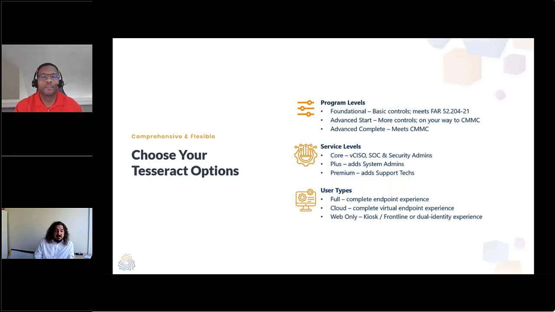Third place we give you some budgetary flexibility is different user types. So some users really need a fully protected endpoint with a lot of local software on there. Developers, engineers, people who are working in CAD, designers. Those use cases are almost always full users. People who do a lot of really complex analysis, data modeling, things like that. But it's also possible to save money